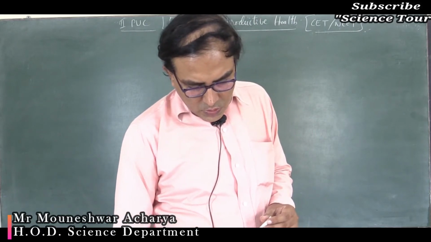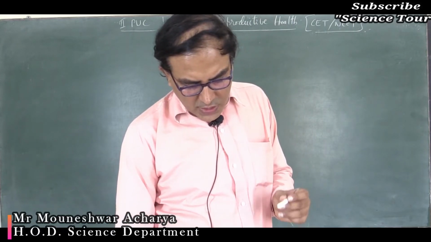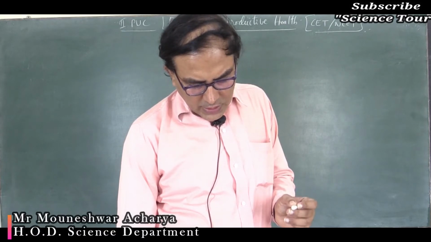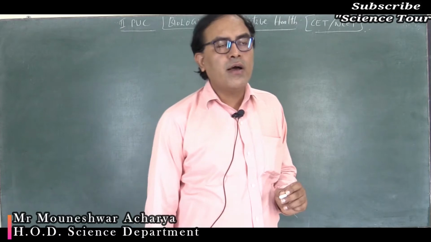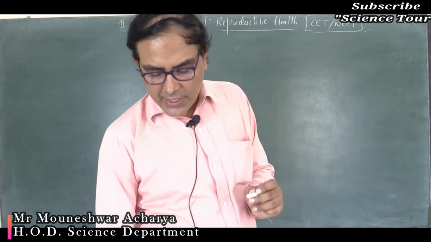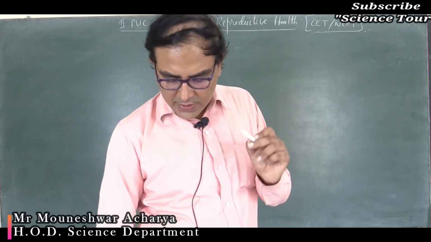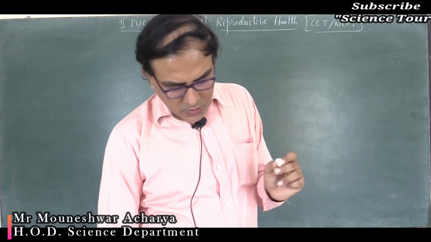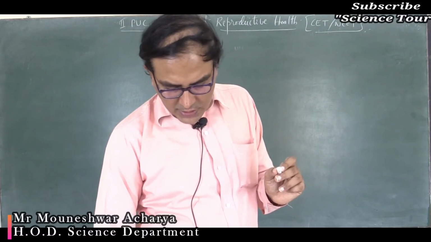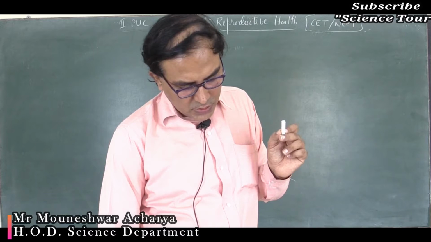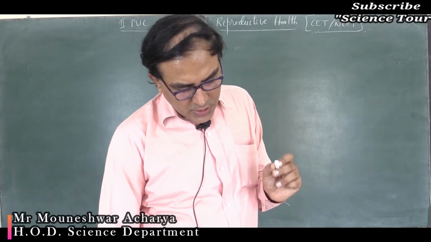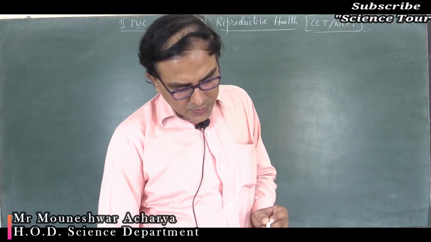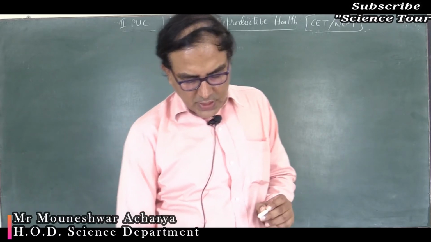If an ovum is transferred into the fallopian tube, that is called gamete intrafallopian transfer, in short GIFT. So what is the right option here? The right option is option 2, zygote into the fallopian tube, that is ZIFT, zygote